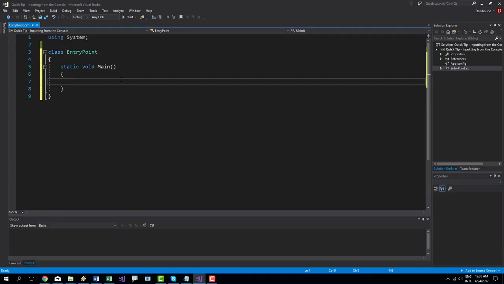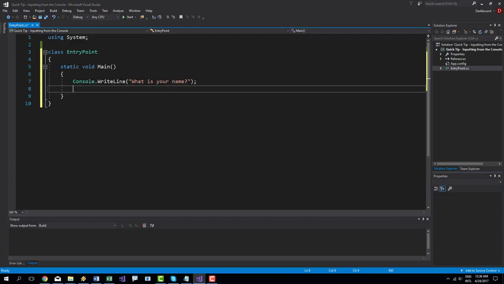Let's say that you want to input some string, some text from the console. The first thing that you're going to say is input your name, for example. Ask the user, ask yourself, what is your name? And then when you input your name, you have to store it in some variable. You have to save it in a string variable. The string variable is called text. So first name equal to, you have to make it equal to